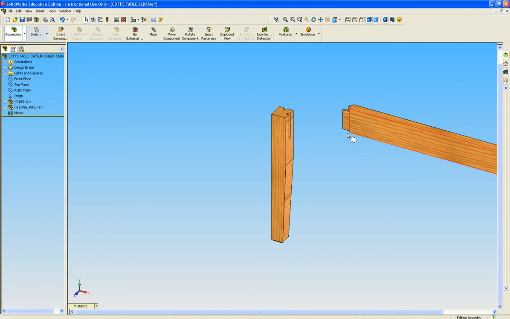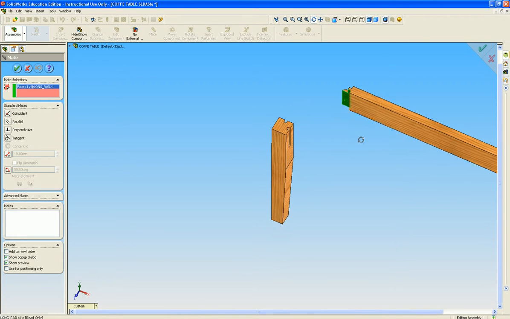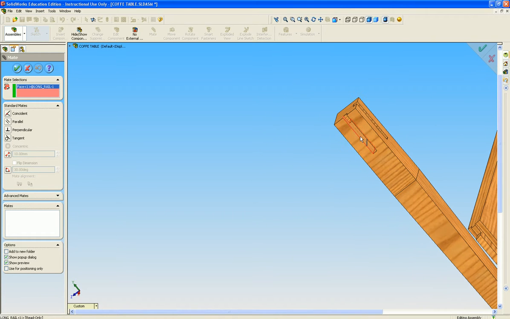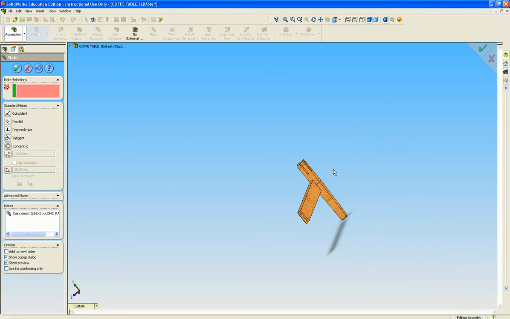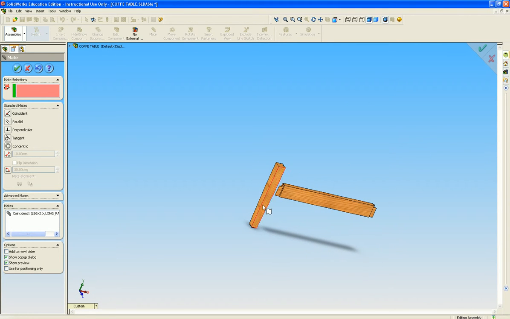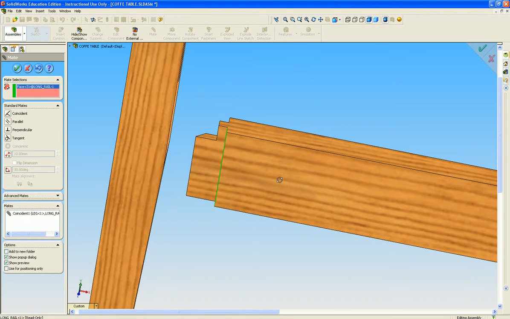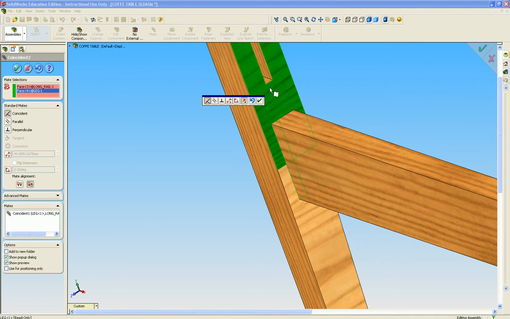Now we're ready to start mating here, and what I'm going to do is open up my mate icon, and I'm going to click this surface here. I'm going to mate that surface to the inside of the mortise. Now the next step, since that can move around, is I'm going to pick the shoulder of the tenon. I'm going to mate it to the shoulder of the mortise, and it's going to be a coincident relation,